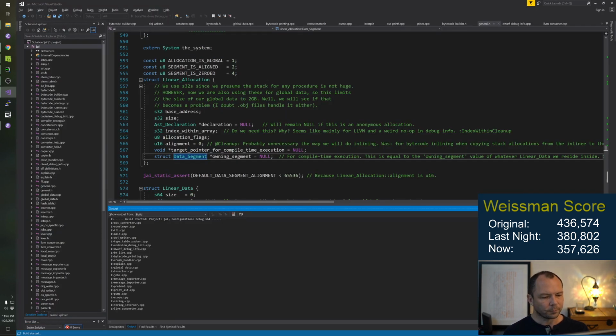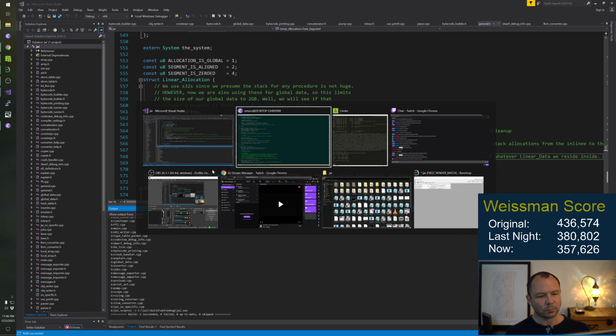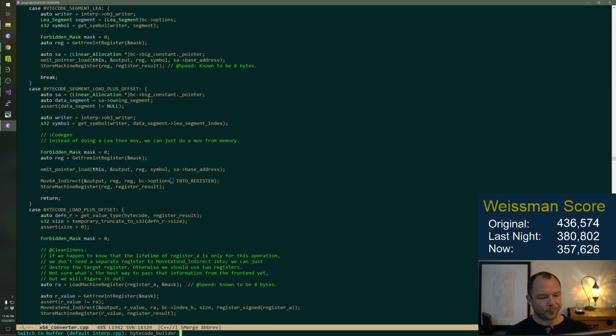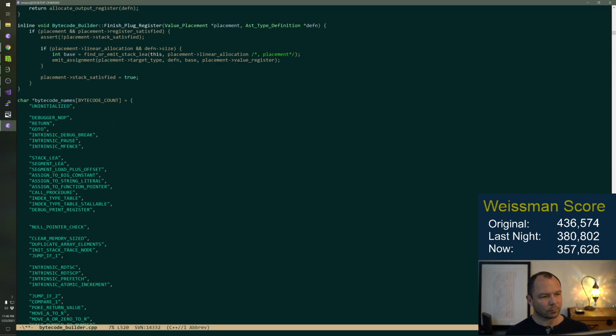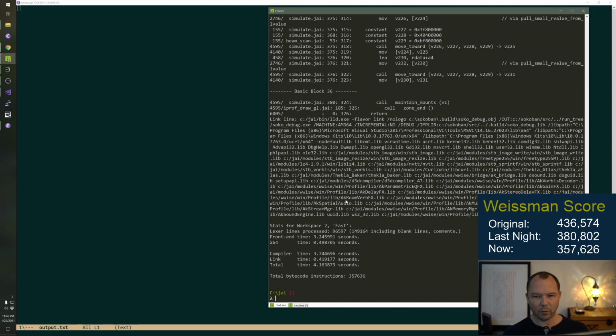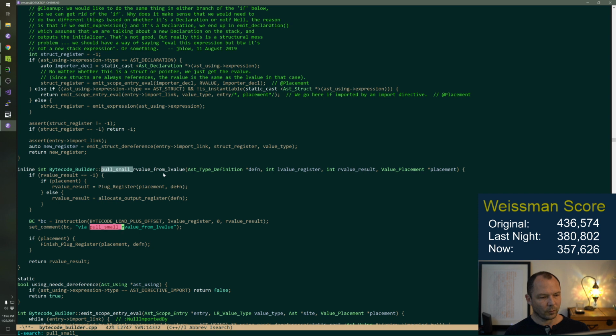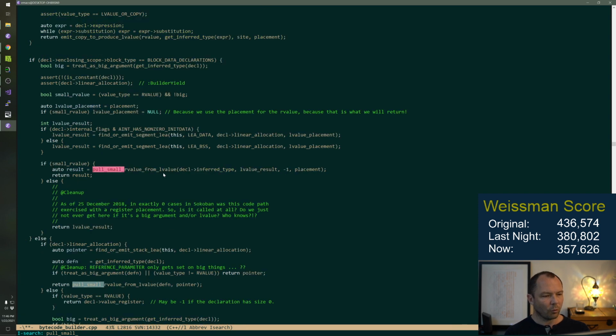Okay. In theory, maybe if I generate this instruction, it'll work, maybe. Probably not. But let's try it. I blew away my output.txt. Pull small r value. Right. This was where we were. Okay, so I'm going to no check in this.